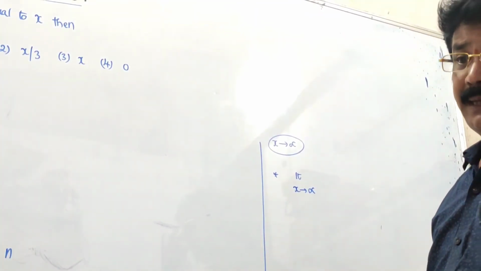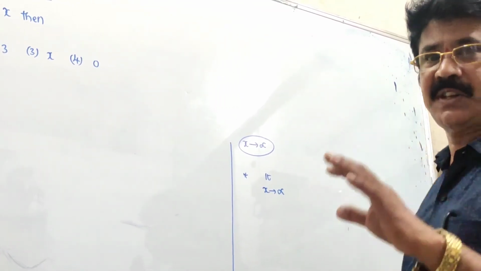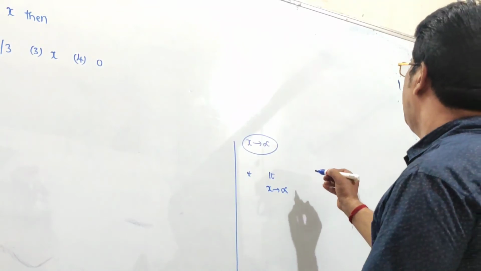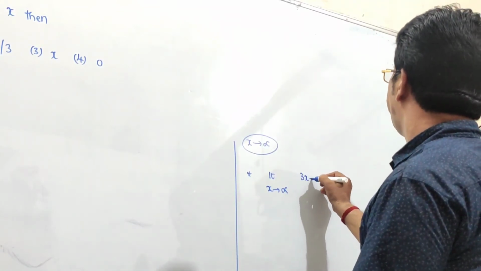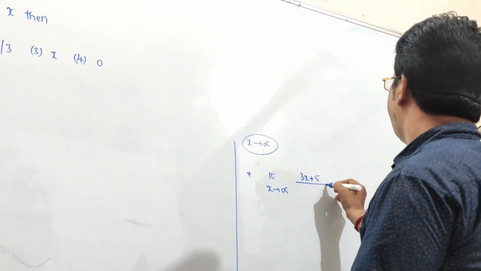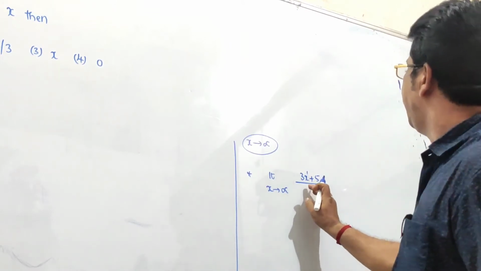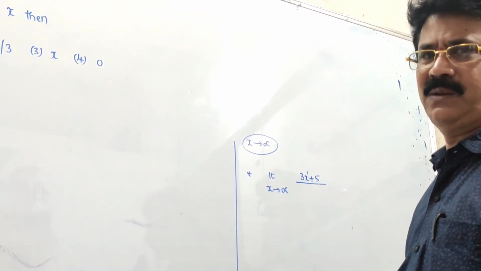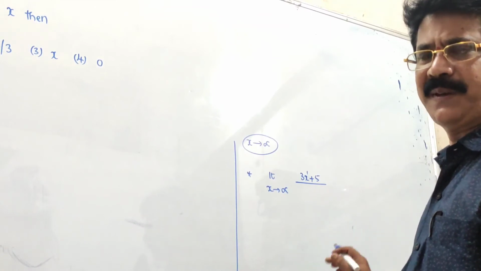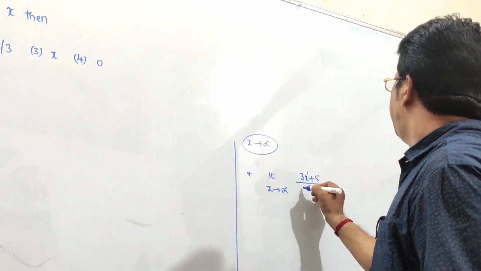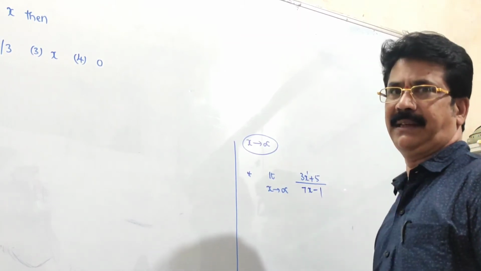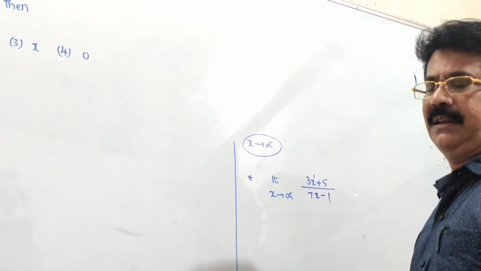For example, let us take linear expressions, numerator which is in the form of ax plus b. For example, 3x plus 5 divided by, tell me the same linear expression in the denominator. It is your choice. You can take any linear expression. So 7x minus 1, just like that. Understand? Shortcut is